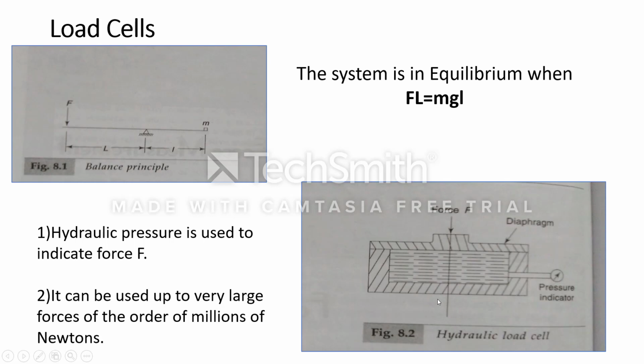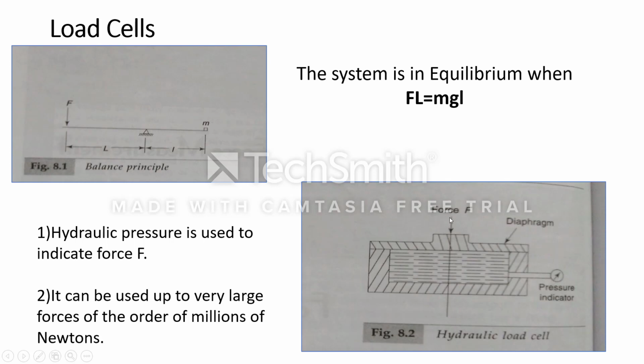Next, the figure shows the hydraulic load cell. As the word is hydraulic, it contains oil. The figure shows the oil chamber in which hydraulic oil is placed. At one end the pressure gauge is connected, and at the upper side there is a diaphragm cover. As we learned in the first chapter, the diaphragm is an elastic member which gives displacement, and because of that displacement we can measure different quantities.